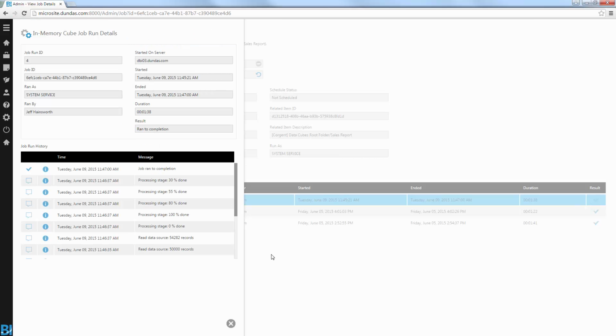So I can click on the result set here, and this will again show me a detailed breakdown of that specific job, showing me the processing and the actual stages and the actual values associated with each one of those stages. So this is again very helpful information when I want to build the data cubes in memory or in the data warehouse, or just monitor and track any other jobs such as the email notifications that I'm sending to my different users.